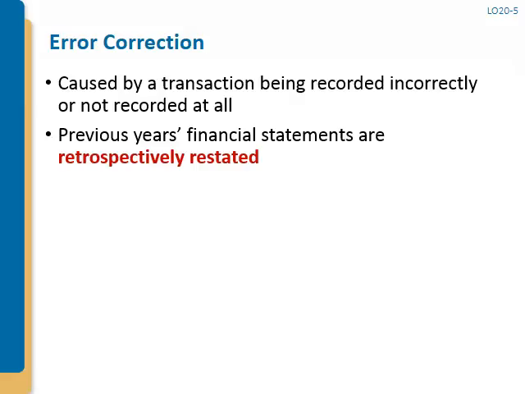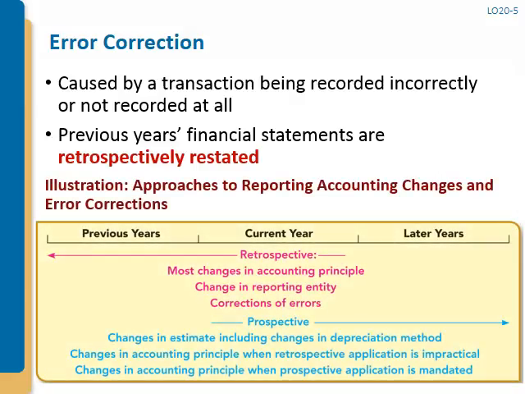The correction of an error is not actually an accounting change, but is accounted for similarly. In fact, it's accounted for retrospectively like a change in reporting entity and most changes in accounting principle. More specifically, previous years' financial statements that were incorrect as a result of the error are retrospectively restated to reflect the correction, and of course, any account balances that are incorrect as a result of the error are corrected by a journal entry if retained earnings is one of